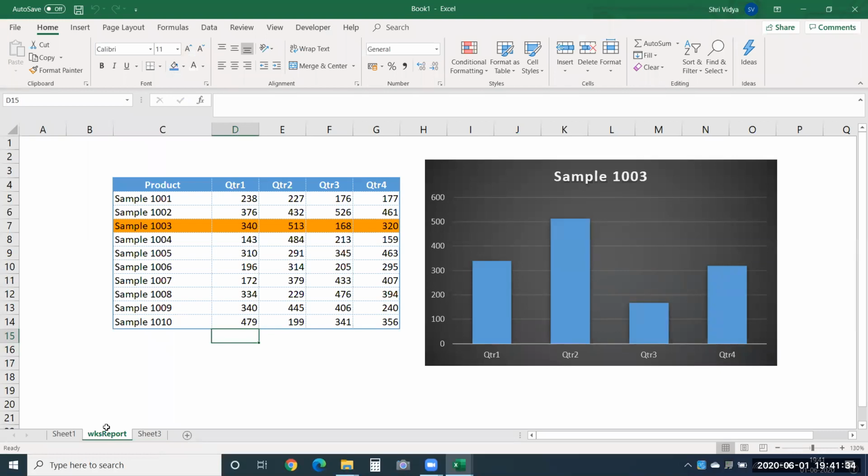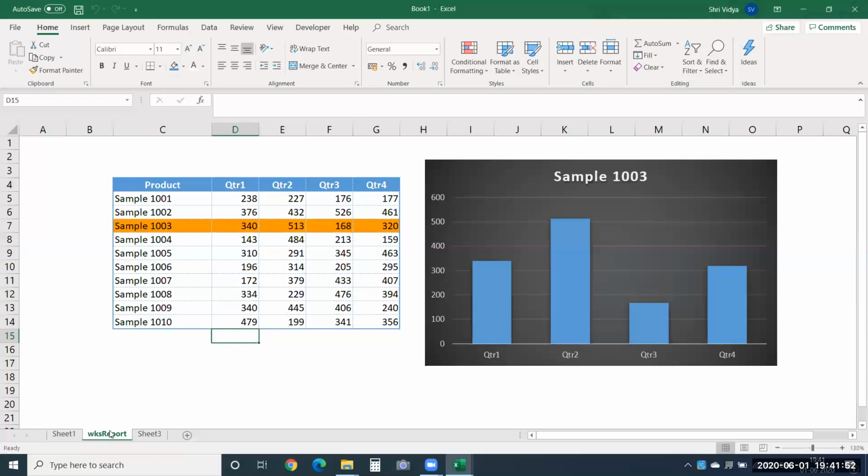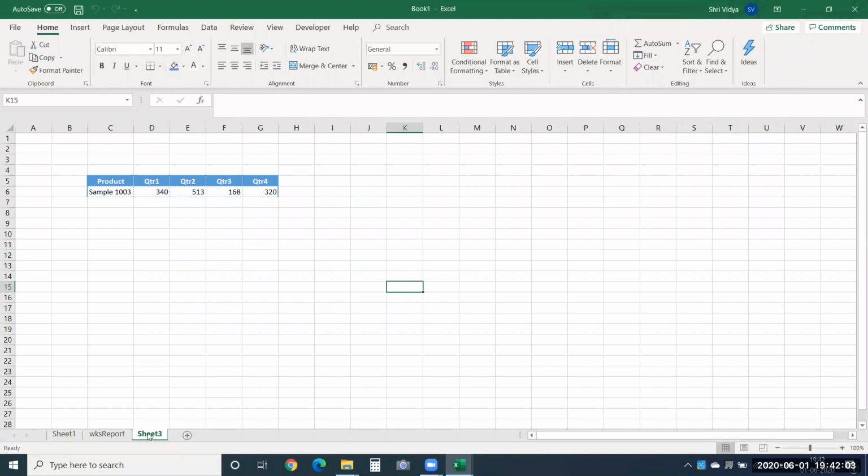So usually how your workbooks function is, whichever sheet you have worked last, let's say I have worked something over here in this sheet, the same sheet will be opened whenever you open the file. So I want to choose a particular sheet only over here. I would like to open it from the report sheet. So it should directly open from this sheet for me. So I can write a program saying that.